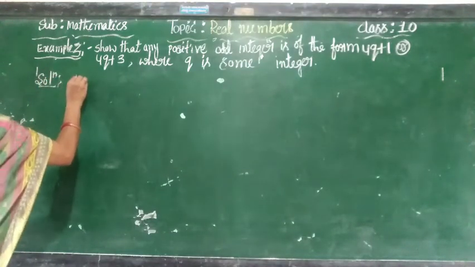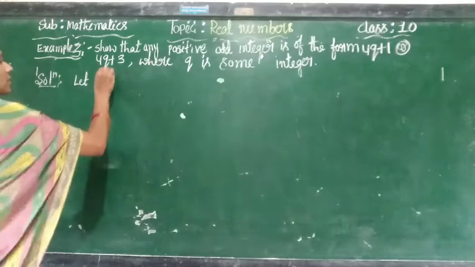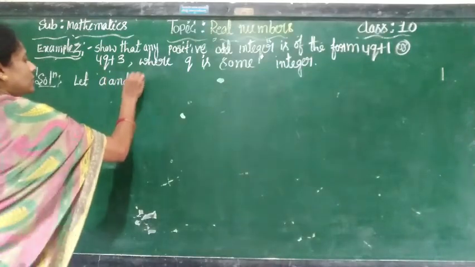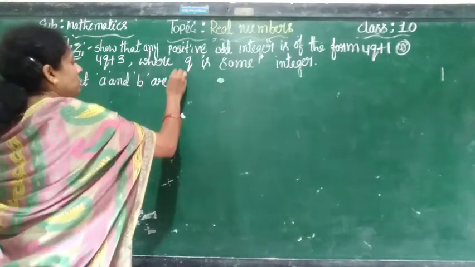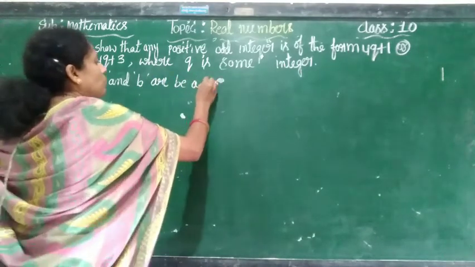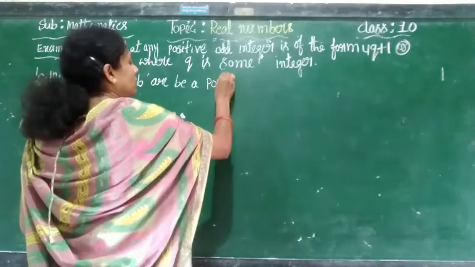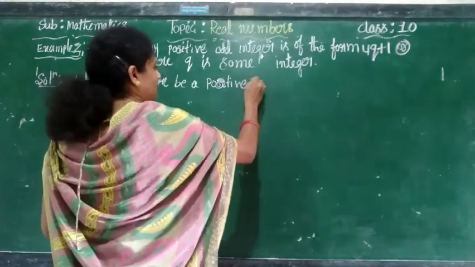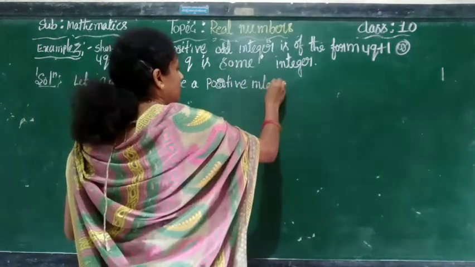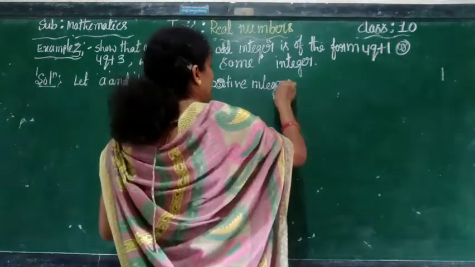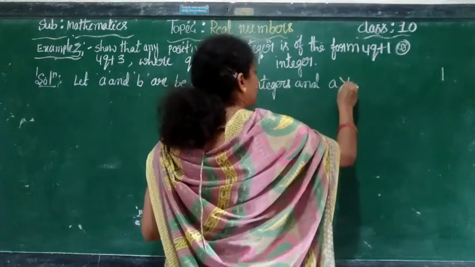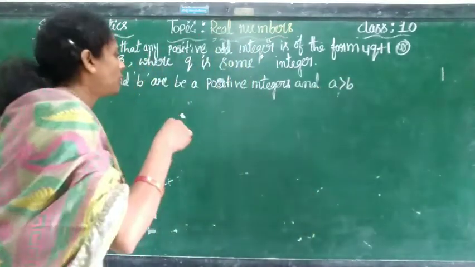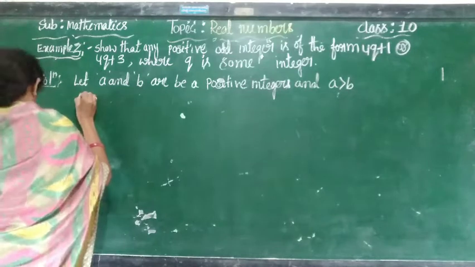Let a and b be positive integers and a greater than b. So by division algorithm,